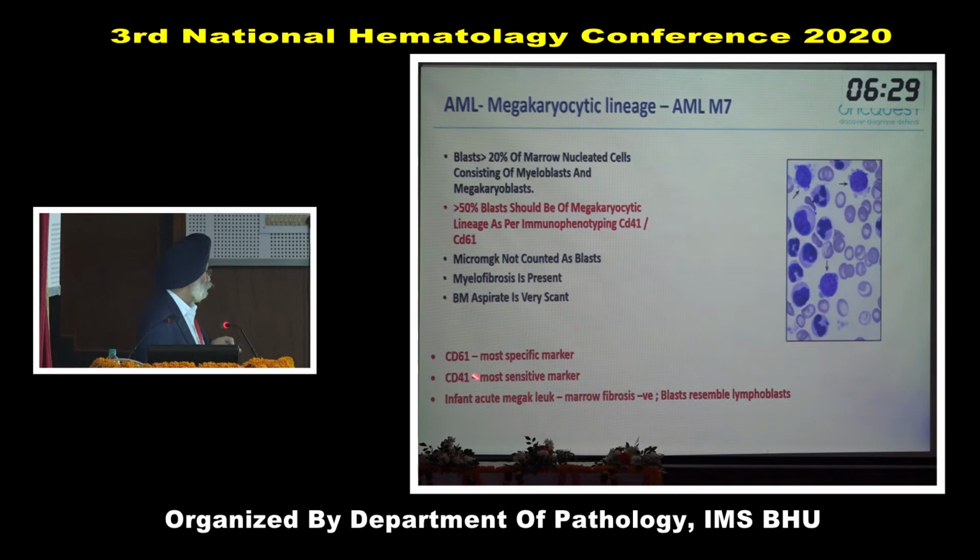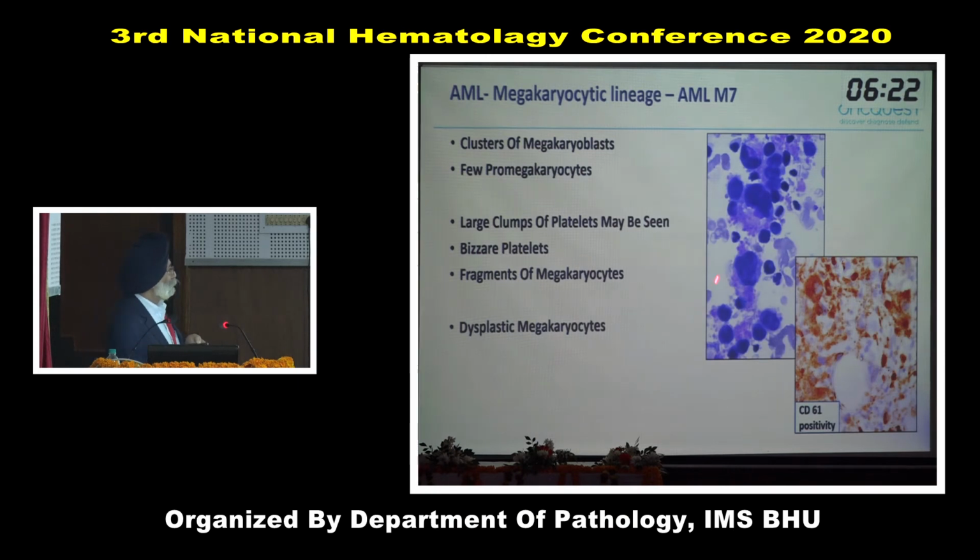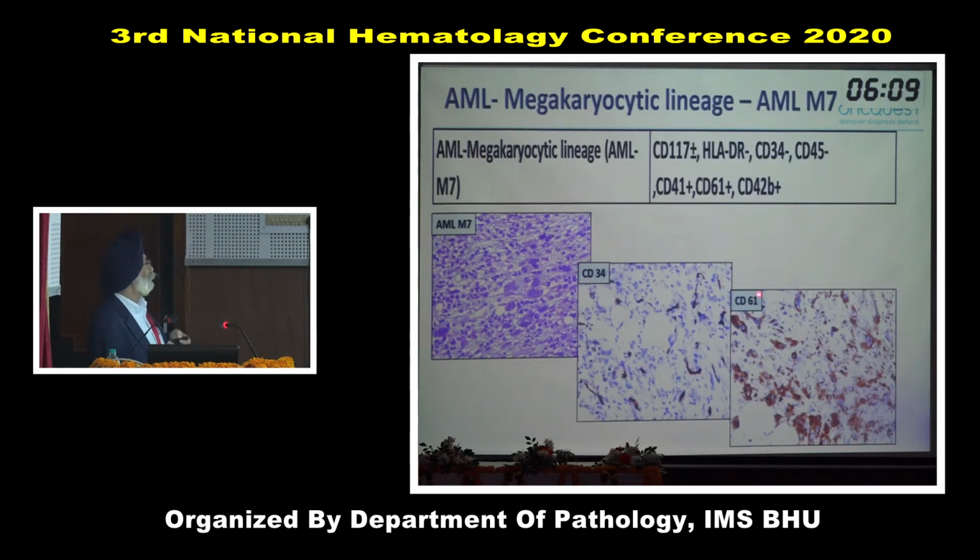6141, these are specific and most sensitive markers. Now these are cases associated with marrow fibrosis. Now this is the imprint smear from a case where you find not only the blast cells, but you are also seeing the bizarre promegakaryocytes and megakaryocytes. And these blast cells, all of them, are CD41 or 61 positive. These megakaryoblasts are 34 negative, but CD61 positivity confirms that we are dealing with a